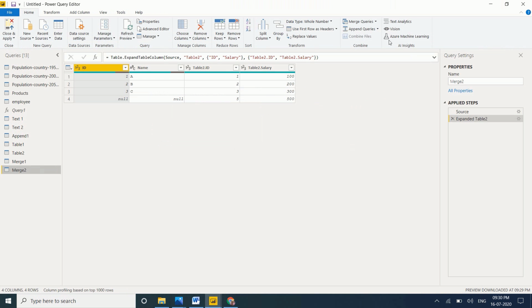So AI function is nothing but here text analytics, vision and Azure machine learning, AI insights. Okay, as of now in Power BI we only analyze numbers, whatever the numbers data. So we are working with numbers. First time they introduce text also we can implement, but it is available in Power BI premium subscription. It is not available for free license and pro license. Don't worry, I will explain how to use it in real time.